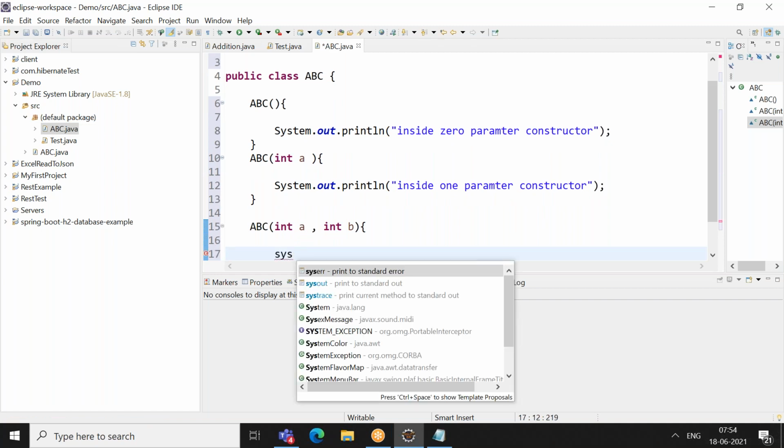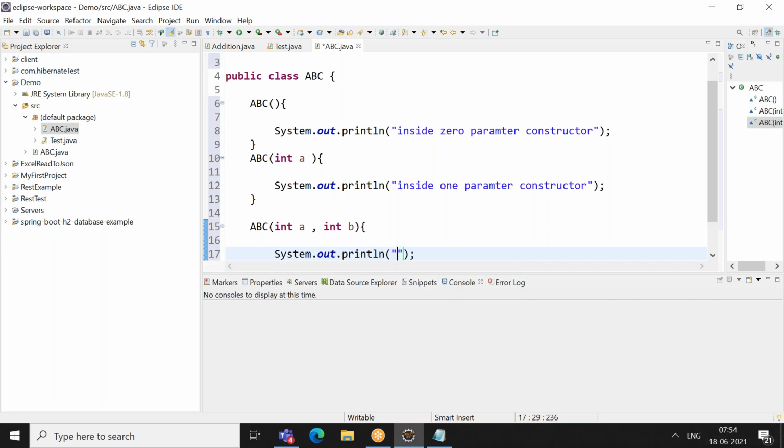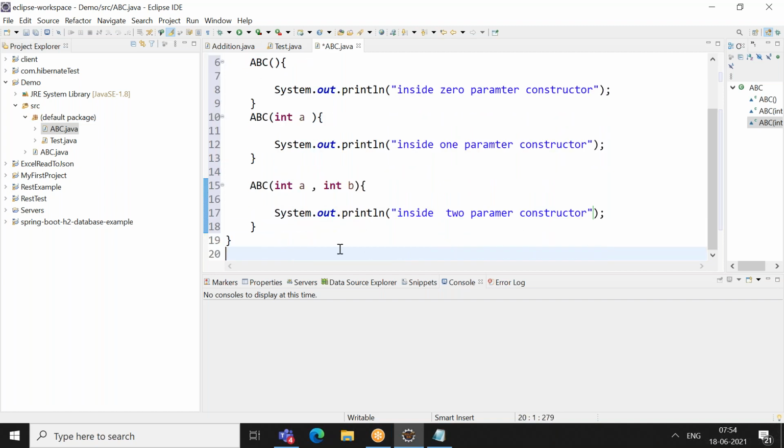I'll just create one object and I'll be calling all these constructors. Okay, I'll have a main method.